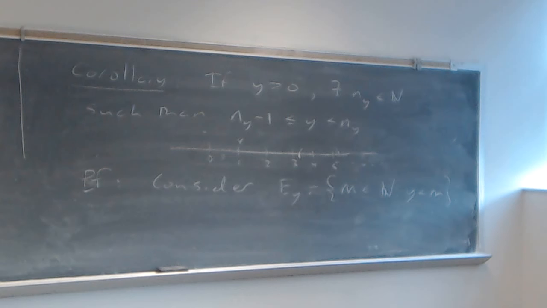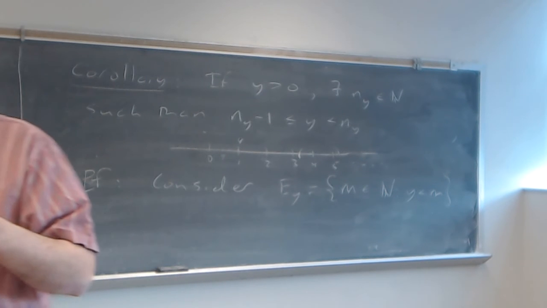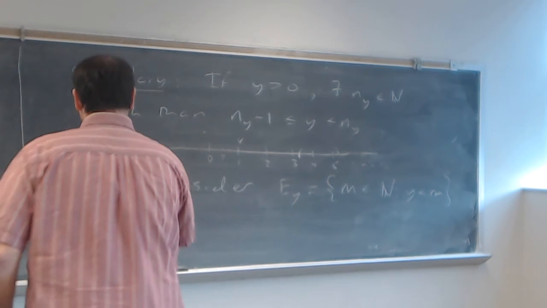Don't let my unknowns bother anybody. Okay? Think back. The set of natural numbers isn't bounded above. That's what it is. If there weren't any natural numbers bigger than y, then y would be an upper bound. But that can't be the case. The set of natural numbers isn't bounded above, so if I give you y, there's a natural number bigger than it. Is that okay? And so by the Archimedean property,